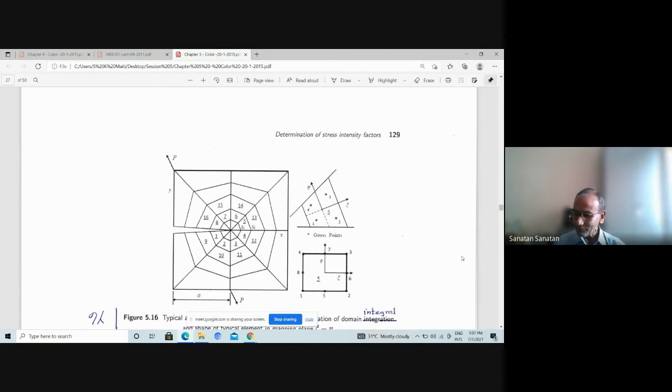I have given lots of computational strategy for computations using finite element, and also lots of approaches for the study of crack propagation through materials. And in fact, I want to tell you that tomorrow I am going to present the topic on mixed mode crack propagation. So that will be dealing with some of the things related to this problem, which I started studying from 1972-73, and even to this day I am studying. I have not got the answer. So that's how it is.